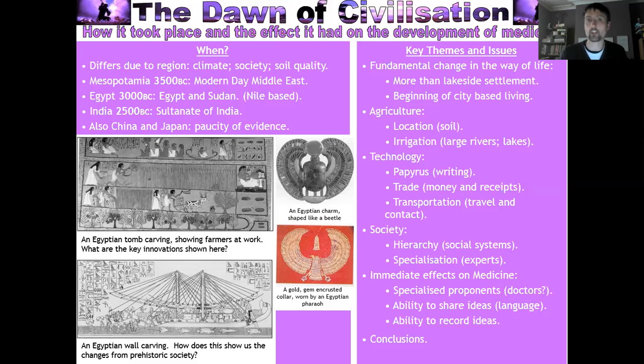And because they're lighter and they float better, you can carry more stuff in them. And because they are watertight, you can go backwards and forwards more effectively. And because they don't split over time with age like logboats do, they can keep going. And this allows people to set up regular trade routes. So one settlement might specialize in one particular area of fruit, for example, and another area might specialize in another area of wheat, for example. And those two areas can then switch the fruit for the wheat for the fruit, and so on and so forth. Once you've got that kind of contact, you start sharing ideas,